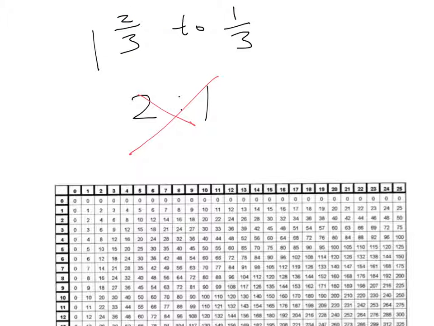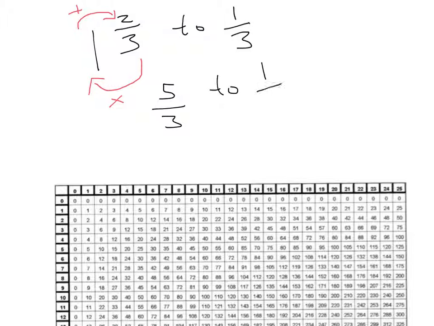Okay, so let's do that. Let's make this mixed number into an improper fraction, and we know that we get the denominator, we times it by the whole number, and then we plus it to the numerator. So that means that the answer will be 3 times 1 is 3 plus 2 is 5. So 5 over 3